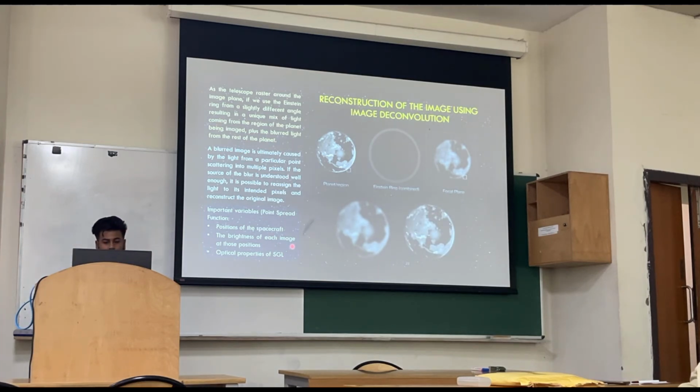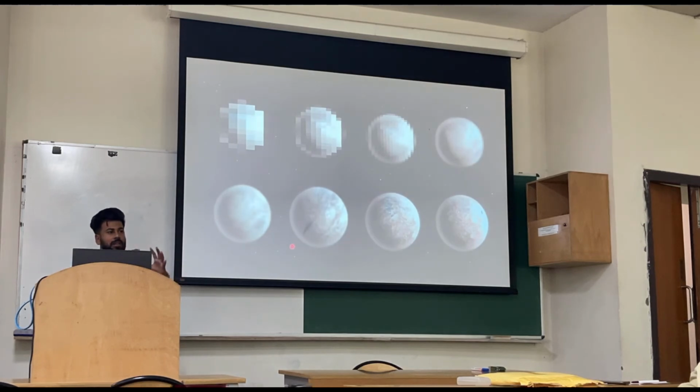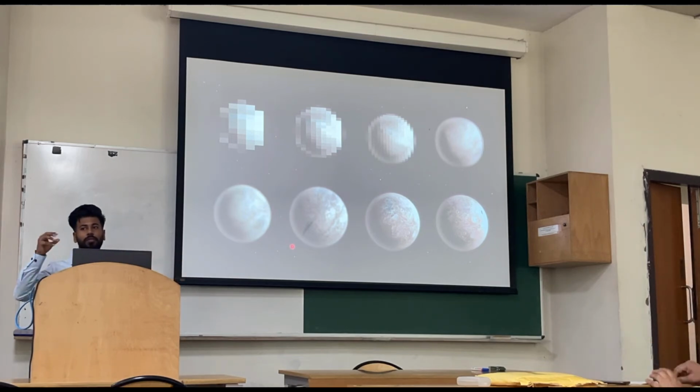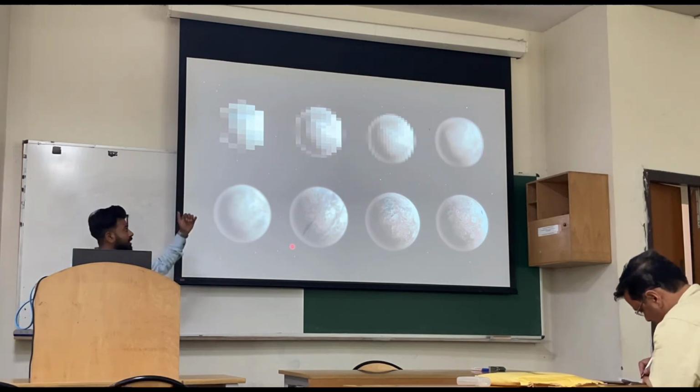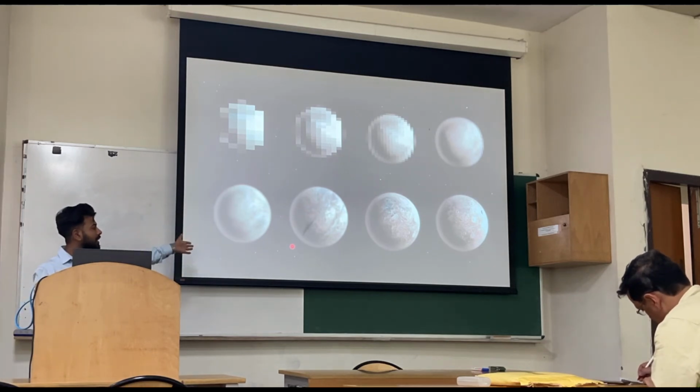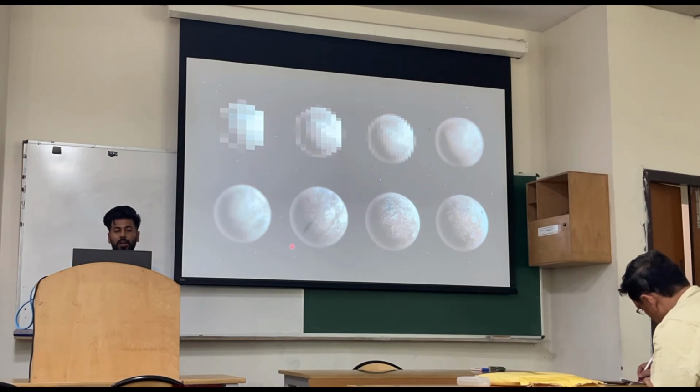using deconvolution. So here is just a simple way that how this will work with time, because our telescope will not give our image in a single time. It will give this image in periods of time. So the first image is blurry, and with time we can reach a good resolution.